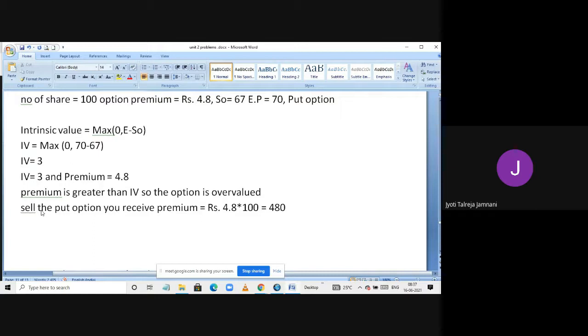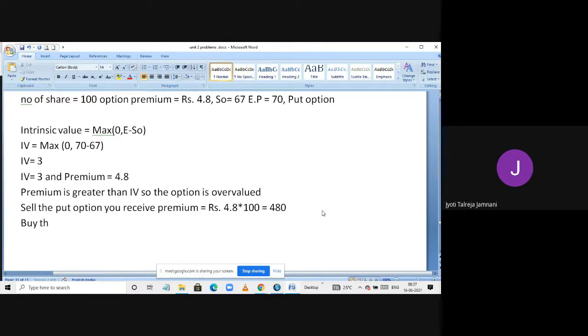Then once you have sold the option, the other party has the right to sell. Put option is right to sell. So you have given that to the other party. So whenever the other party agrees to sell, you need to do what? You need to buy it from them. So when you don't have the put option, that means you are the buyer. The other party has the right to sell. So he is the seller. So whenever the other party decides to sell, you'll have to buy.